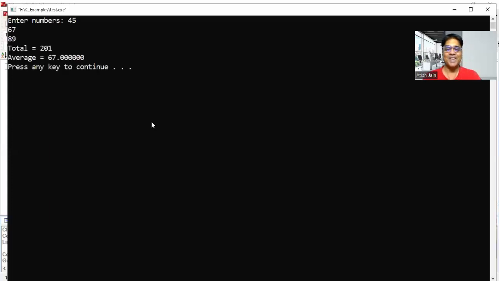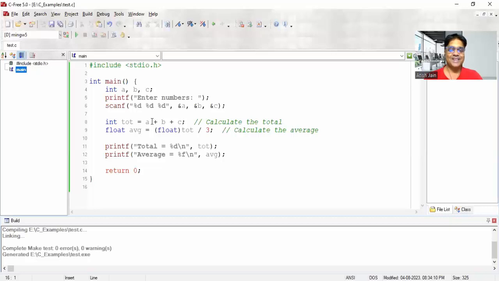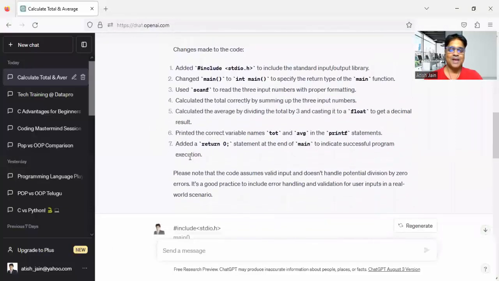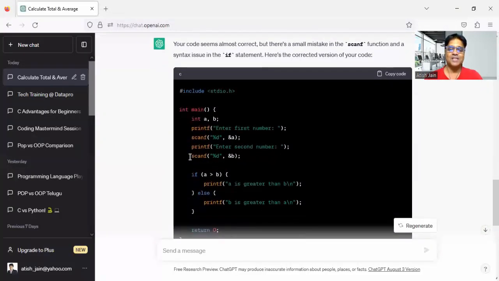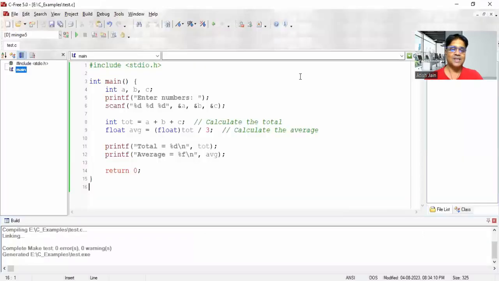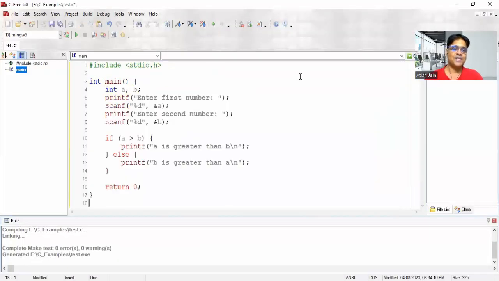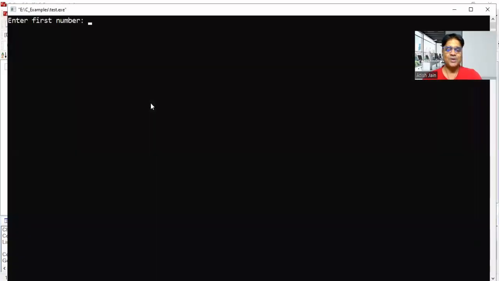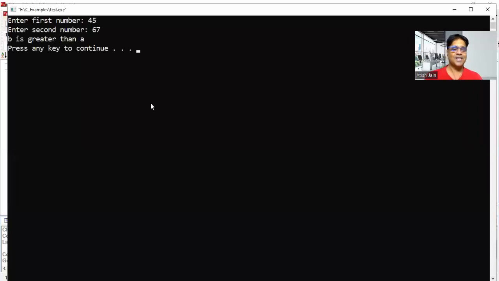Total and average both we are getting. This is the second example, which is generated by ChatGPT after correcting errors. I'll copy this code, simply paste it, and run it. And this will give the biggest of two numbers, even after you've made a mistake.